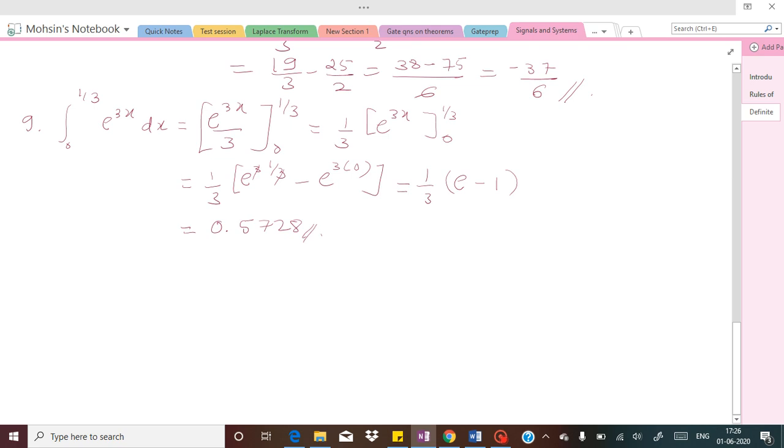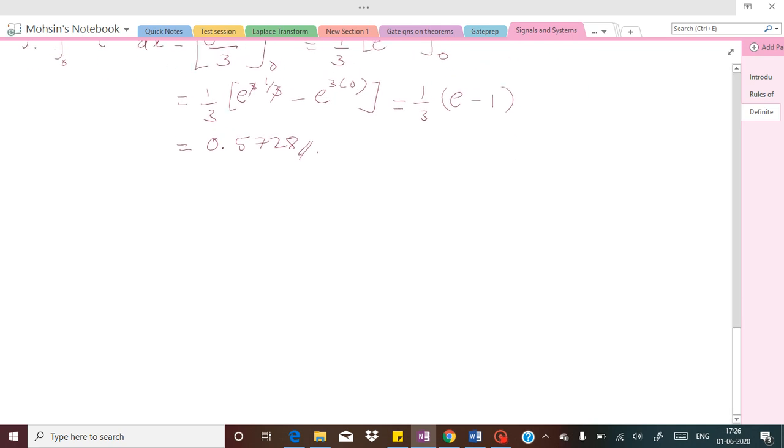Okay. Similarly, we can take some other examples now in terms of trigonometric functions. Okay, so let me take integration between pi by 6 to pi by 3 of cos x dx. So now this is going to be, so integration of cos x is sin x, and the limits are pi by 6 and pi by 3. So substituting these limits, x equal to pi by 3 first, then pi by 6.